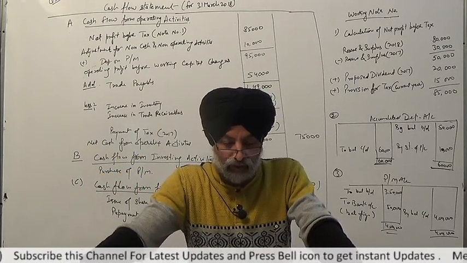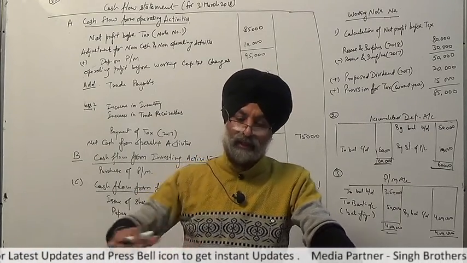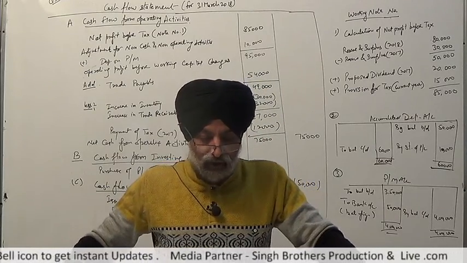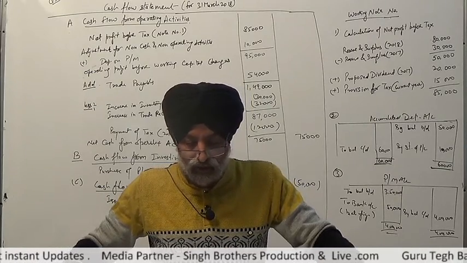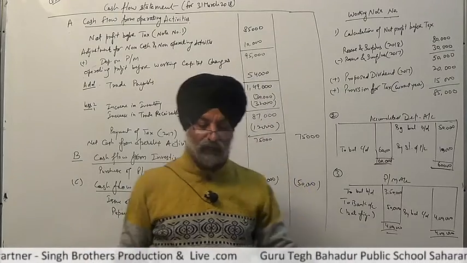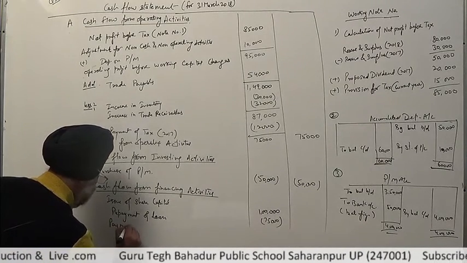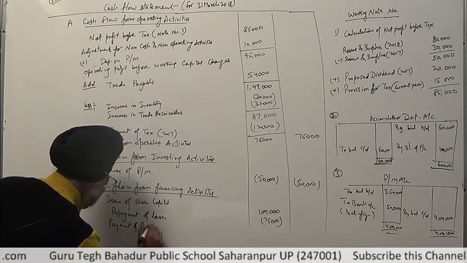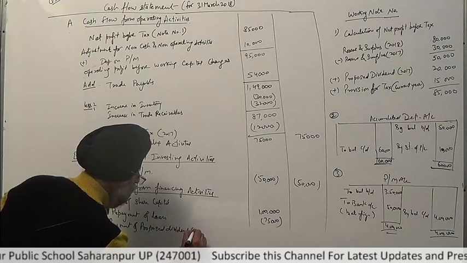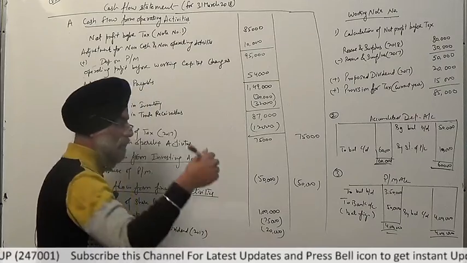Now payment of proposed dividends. The proposed dividend of last year, 20,000 rupees, its payment is made this year. And the proposed dividend of this current year, 30,000, will be paid in the coming next year. So in this question we need to take repayment of the proposed dividend of last year which is paid in this current year, 20,000. Again, this is an outflow of cash. Payment of proposed dividend 2017, this is 20,000, which we paid in this current year.